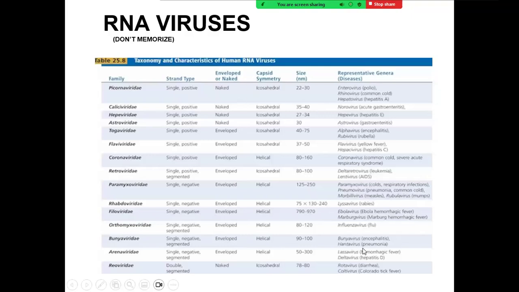And there's the different diseases you can get from some of these families. Picornaviridae is the #1 family of viruses that cause the human colds. But Picornaviridae can also cause polio, hepatitis A, and you can notice that this family is very diverse. It's probably the most diverse family we'll talk about of animal viruses. Common cold is not a very serious disease. Polio is pretty serious. Hepatitis A is also somewhat serious of a disease.